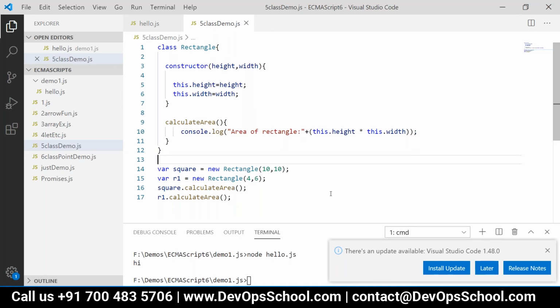We are also declaring one constructor, and we are declaring one method there, that is calculateArea.